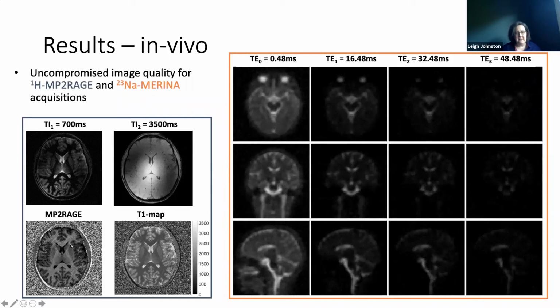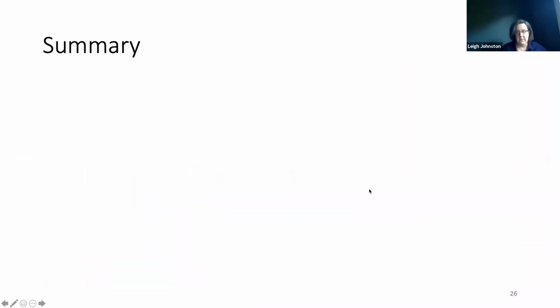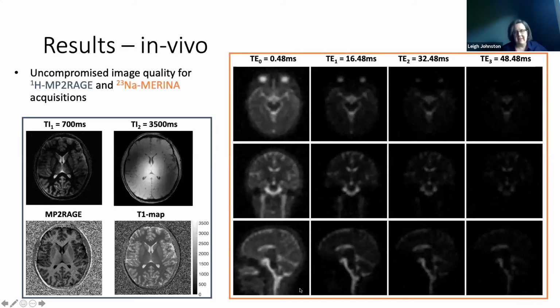So moving to the actual human brain images on the left-hand side. Again, it hurts my heart every time I look at this, because the proton just works so well, and the sodium is like the poor cousin, which as much as we would like, we're not getting the same anatomical information. But what we are getting out of this, and this is why we're collaborating with people now that are studying schizophrenia, multiple sclerosis, a bunch of different brain disorders and diseases, is because the sodium information may not have to be the best. It can look a little bit more like a functional MRI scan, for example,